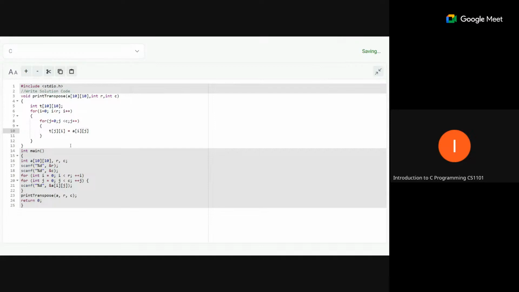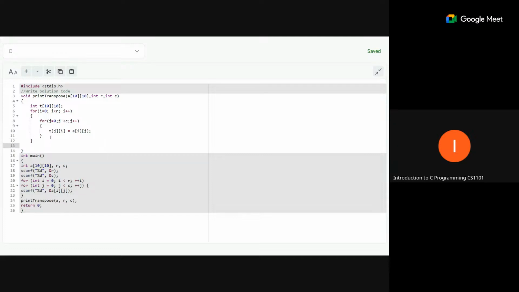These are the simple steps to read the elements in the transpose form. Here the first indexing we are using for the rows and the second indexing for the columns. But while filling the transpose matrix, we are using j as rows and i as columns, while reading the elements from the input array in the same manner, so i as row and j as column. Now this creates a new matrix, the transpose matrix, and after that you can print the elements of the new matrix